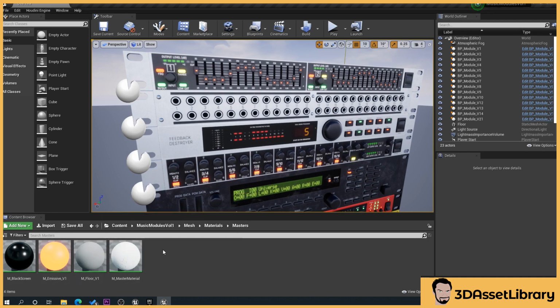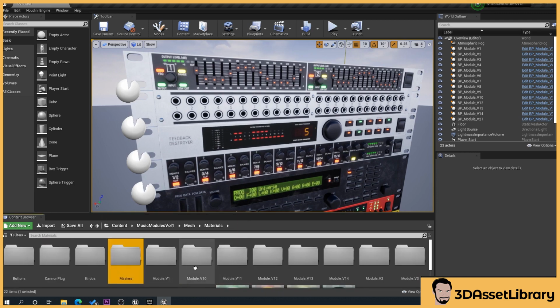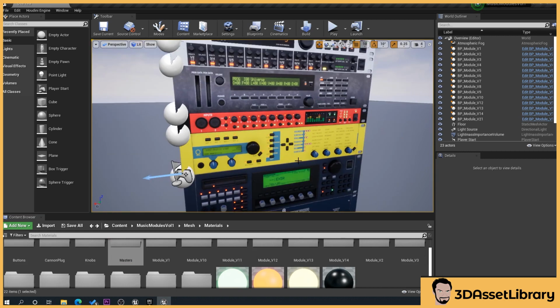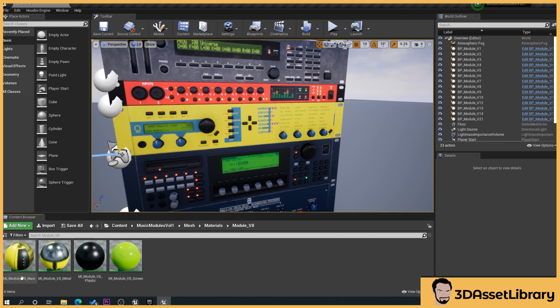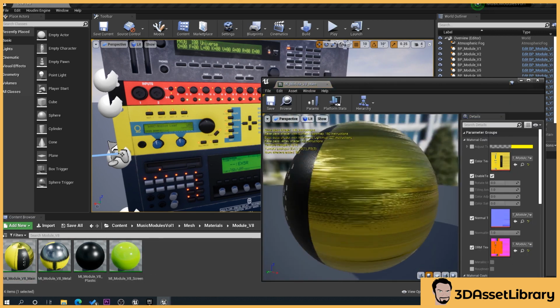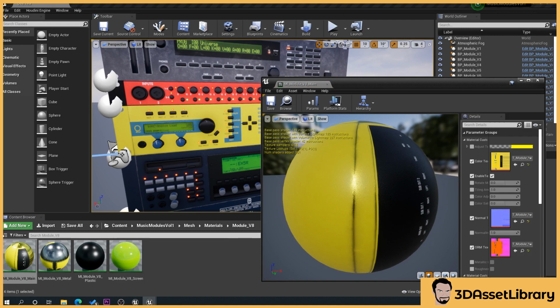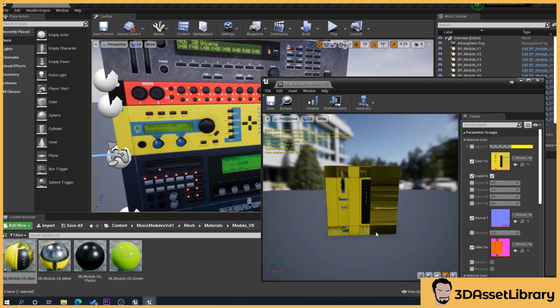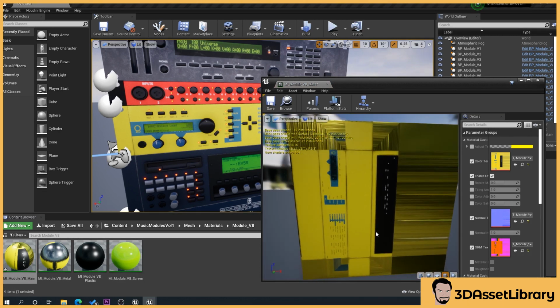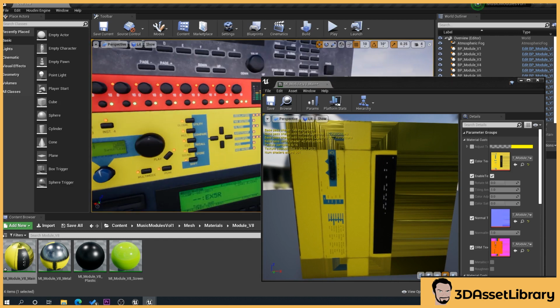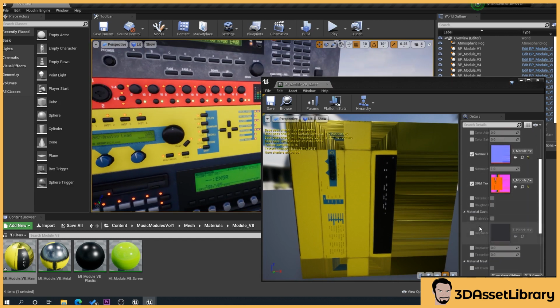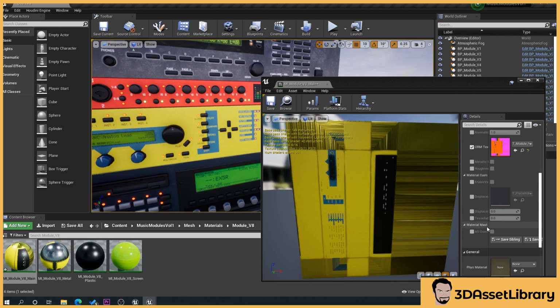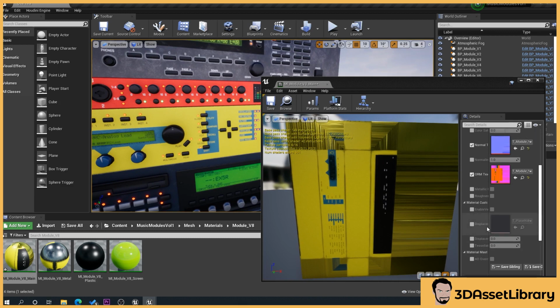So I can easily change it if I need to. So if I go to, say, the yellow one, so it's a bit in your face, we'll go to modulate. So you can see here that I've got all the material instances, and I can load that up, and what we've got here is my texture for it. And what we can do is, over here, as you can see, I've created loads of parameters that are relevant to what I need for my project.